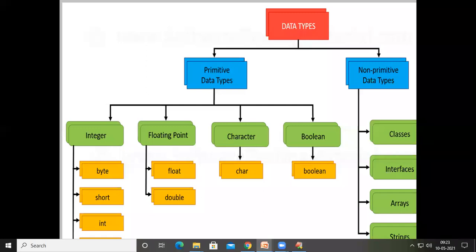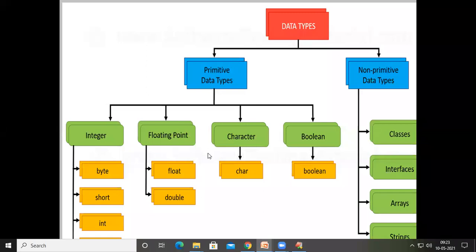Under the primitive data types, especially under integers, they are divided into 4 types: byte, short, int, long. Sorry, for byte, it is going to allocate 1 byte. For short, the compiler is going to allocate 2 bytes. For integer, it is going to allocate 4 bytes. And for long, it is going to allocate 8 bytes. Coming to floating point numbers, there are 2 data types: float and double.